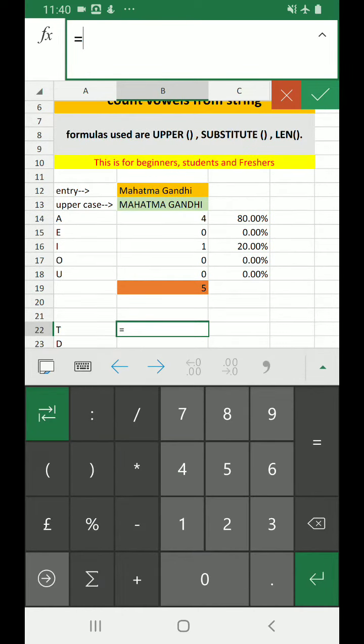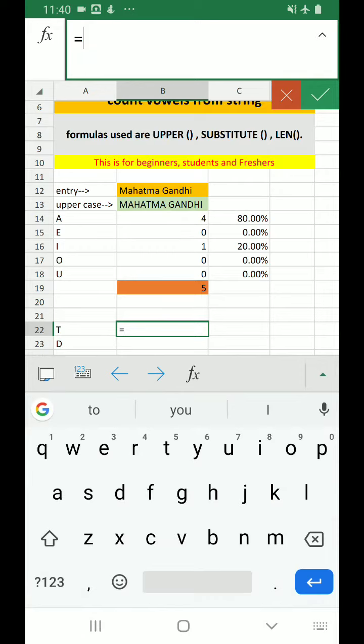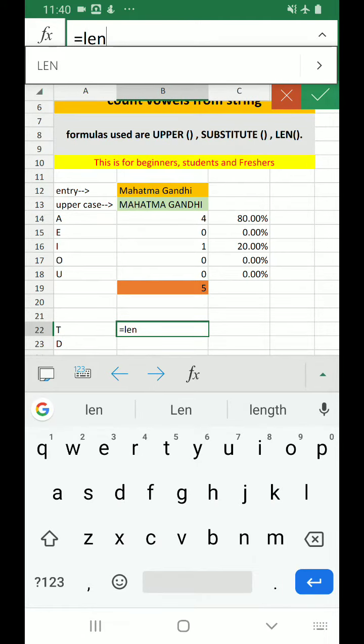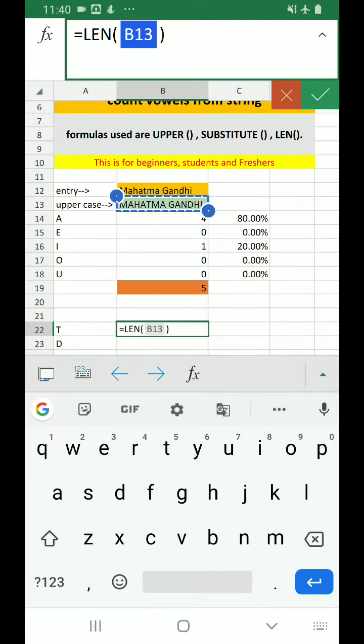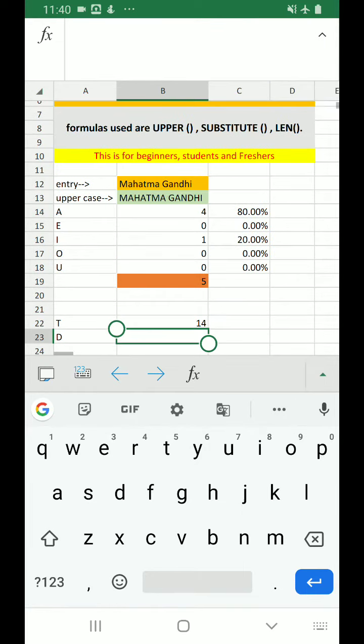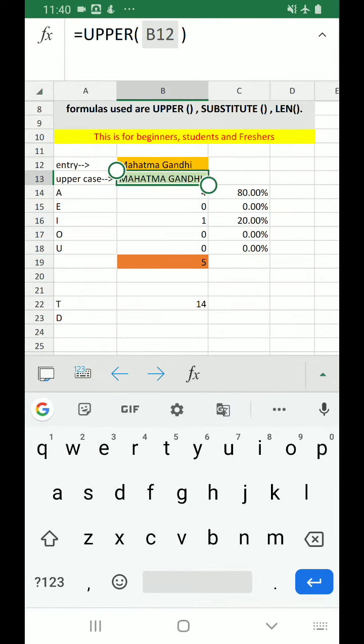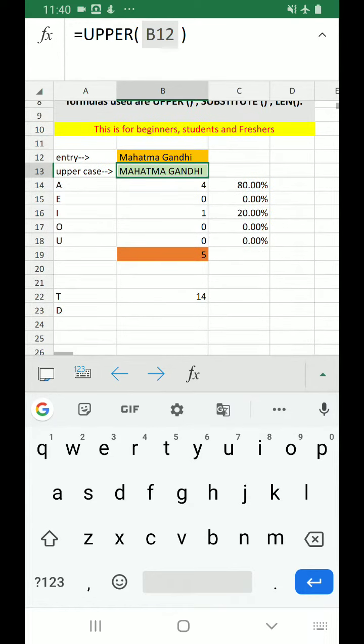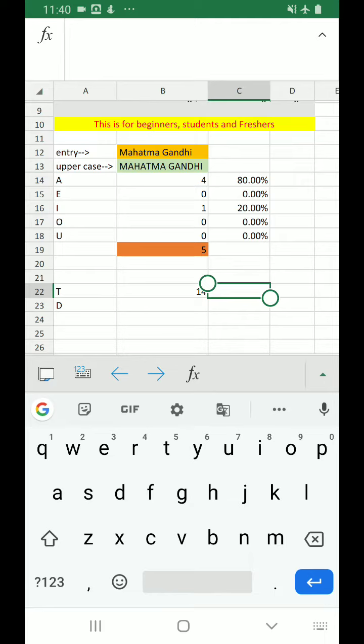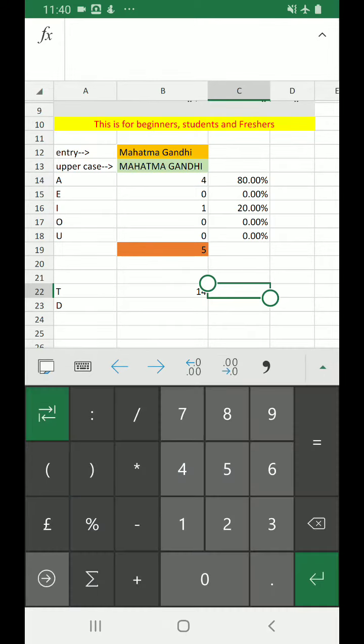So let me take equals, the length of this. Let me enter this. So 14 is the length of this string. So the first half is over. The second half is we need to calculate the substitute. Let's calculate the substitute. So equals,